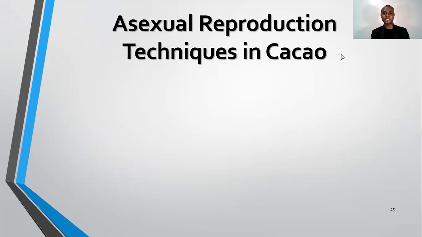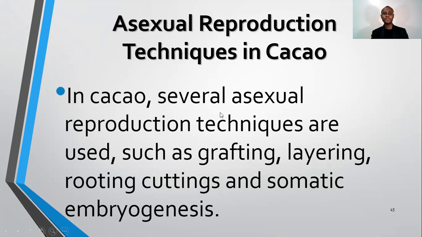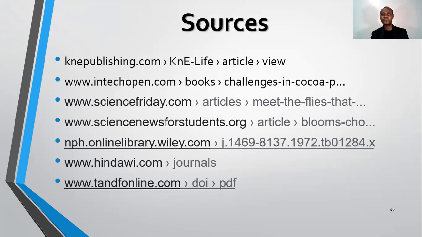So we talked about asexual reproductive techniques in cacao. In cacao, several asexual reproduction techniques are used, such as grafting, layering, root cutting, and somatic embryogenesis. These could be used to reproduce new offspring that have the qualities you are looking for. So this brings us to the end of